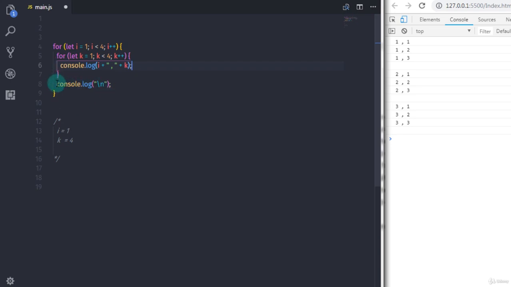After that, it will execute console.log right here, so you will get a new line over here. After that, the increment operator will increase the value of the I variable, right? So now you have 2 in the I variable,